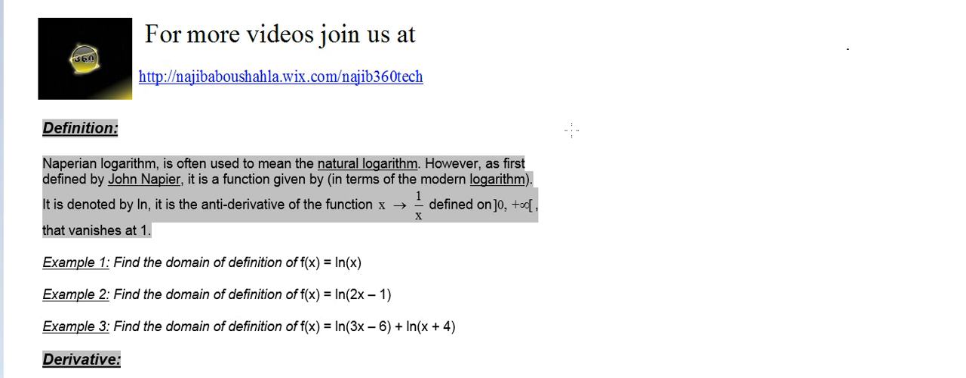We call it a Neperian logarithm, and it is often used to mean the natural logarithm. Natural logarithm is Neperian logarithm, or ln. L stands for logarithm and N for natural. However, as first defined by John Napier, it is a function given by